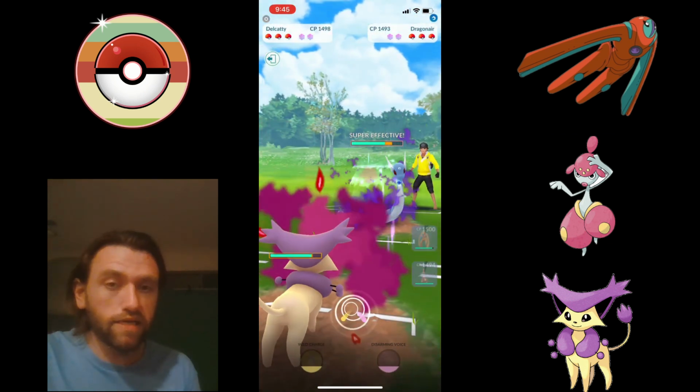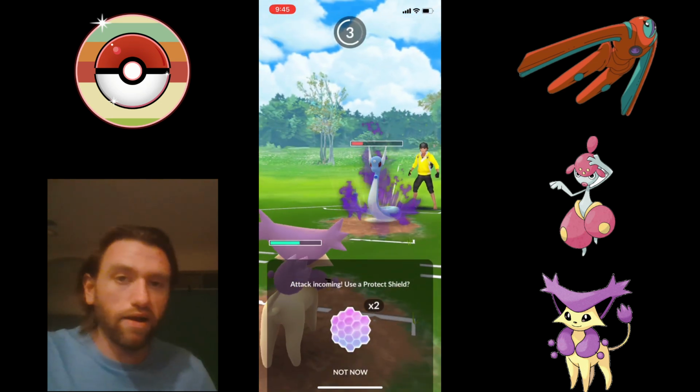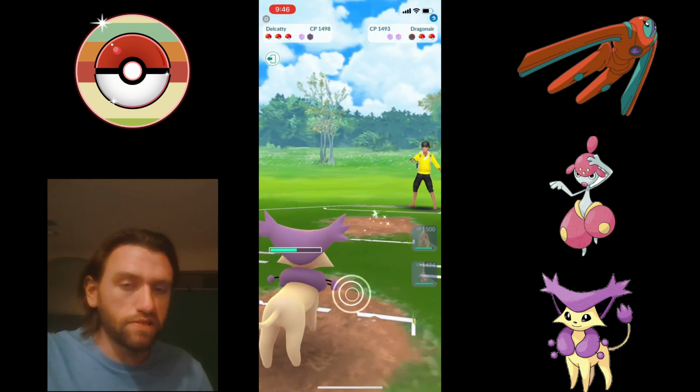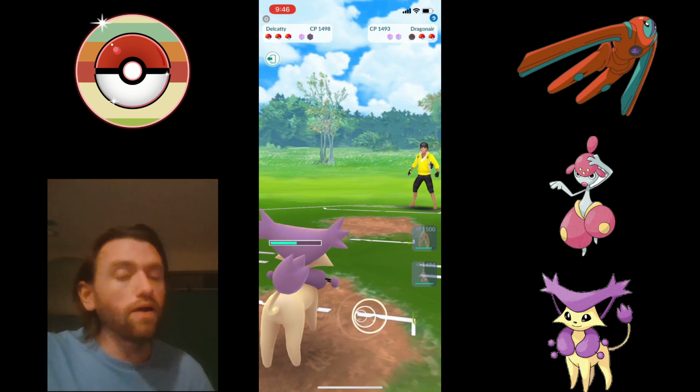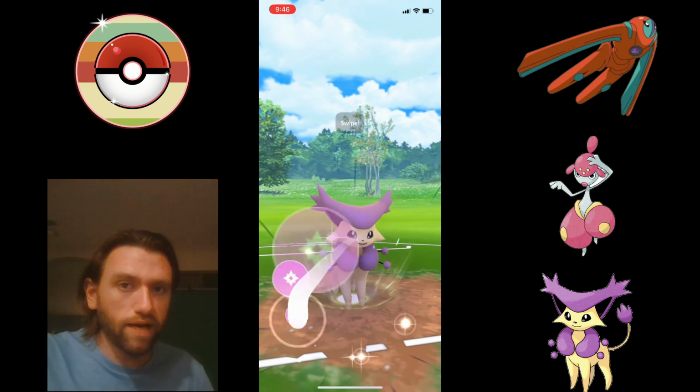And the next one is going to be, well, we have a Dragonair. Go ahead. We are going to shield this one. And we kill it just like before. And then what do we have coming up? We have an